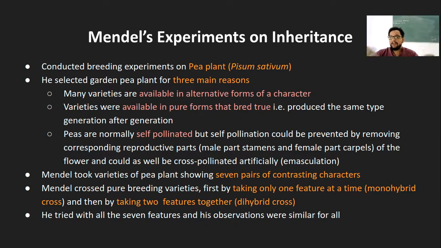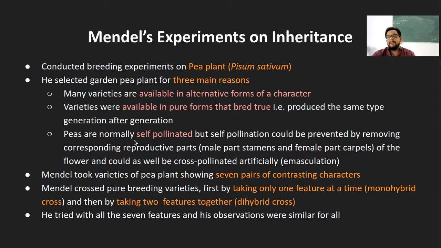If they produce generation after generation the same type for one particular phenotype, let's say flower color, if one particular seed of the pea plant is producing always white flowers, that means it's a purebred. But again, that cross hybridization or cross pollination should not happen. So that's why I said isolated compartment. Yes, sir. Okay, so these were the two points, and the third reason why Mendel chose this particular plant is